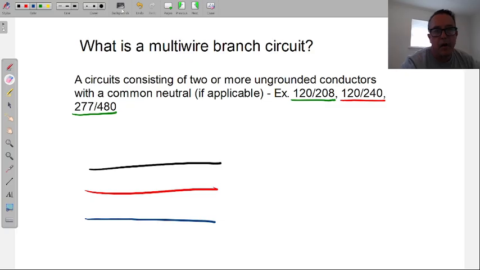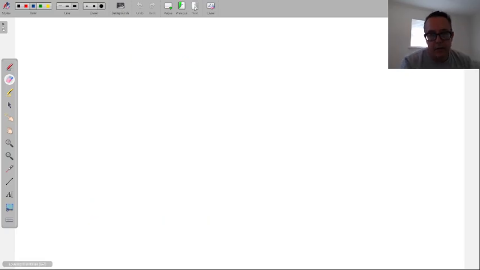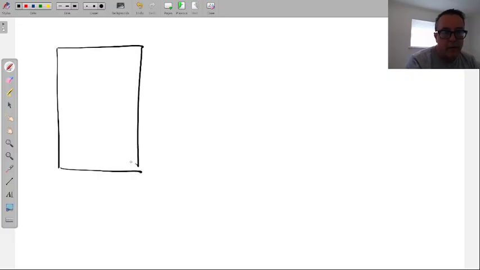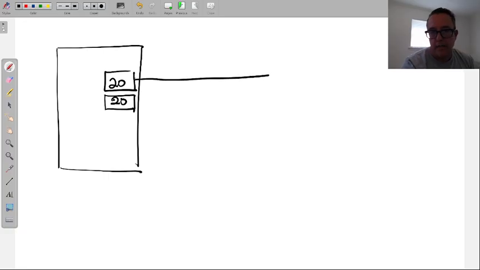Here is the example of a multi-wire branch circuit. I'm going to use a fresh page because I'm going to illustrate a couple of different ones. Here is the panel. By the way, I'll pause at the end of this to give you a chance to take a picture. There's going to be a follow-up video. I have one breaker, 20 amps. I have breaker number 2 right below it, 20 amps as well. I have one conductor